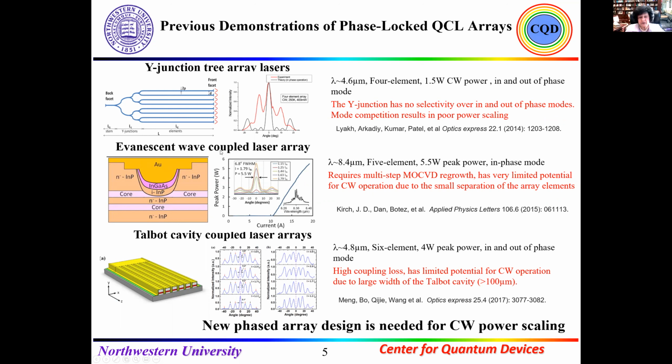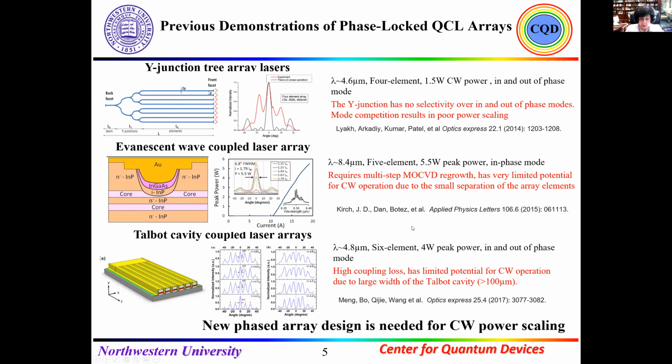The evanescent wave coupled laser arrays at 8.4 micron with 5 elements gave 5.5 watt peak power in phase mode, but the problem is that it required multi-step epitaxial growth and has very limited potential for continuous wave operation due to the small separation of the laser elements. Published in 2015